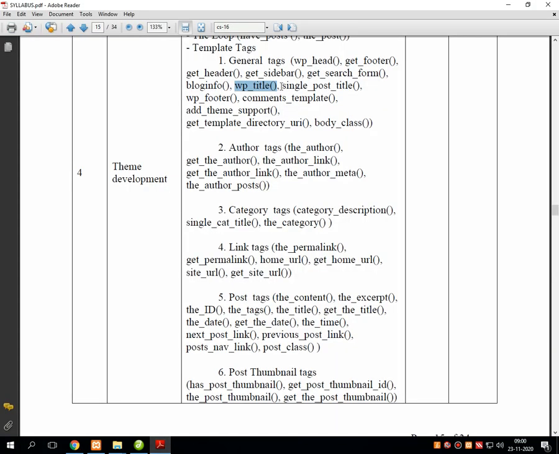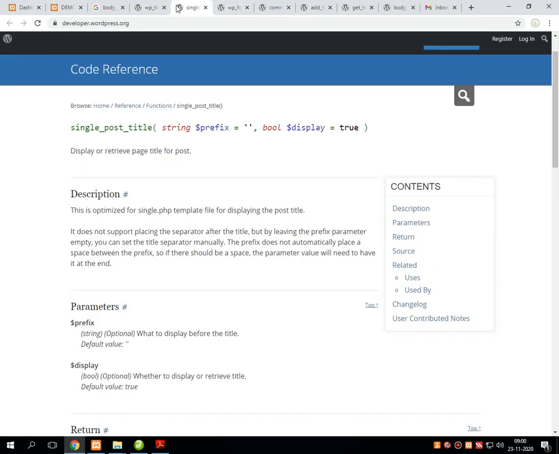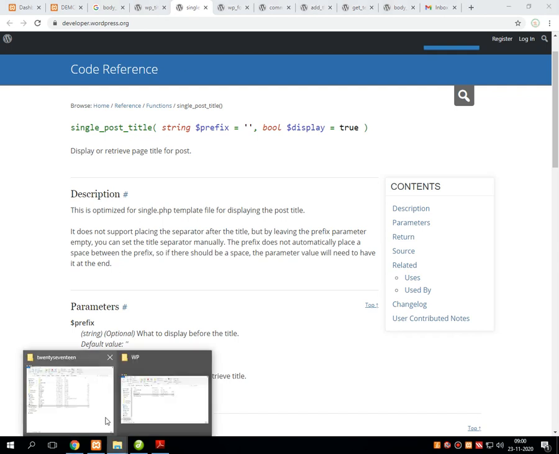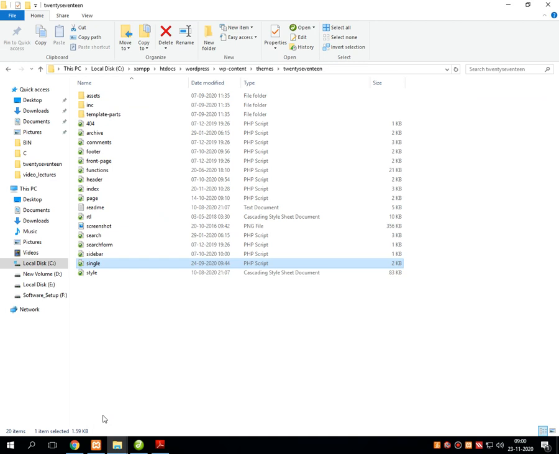Next topic of the discussion is single_post_title. Now this single_post_title will display, or you can say retrieve, the page title for the single post. As the name suggests, this particular WordPress hook works with the single.php file which is available in the theme folder which we have installed. Say for example, in my WordPress I have installed and activated the theme folder called 2017. So in that there is a single.php file.